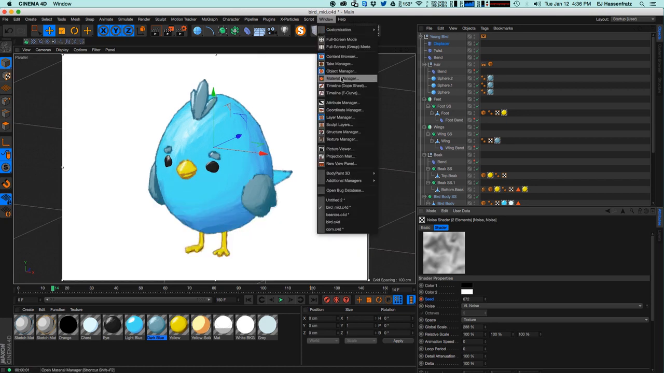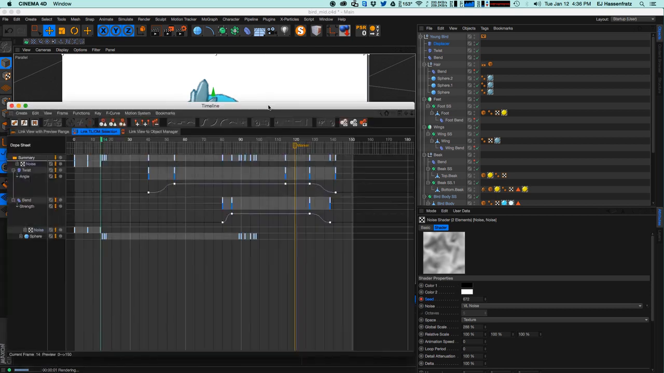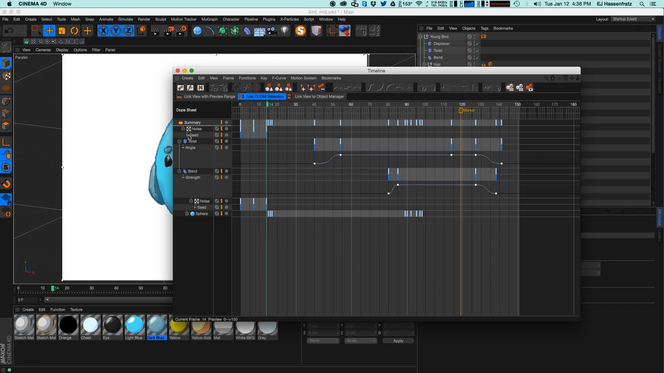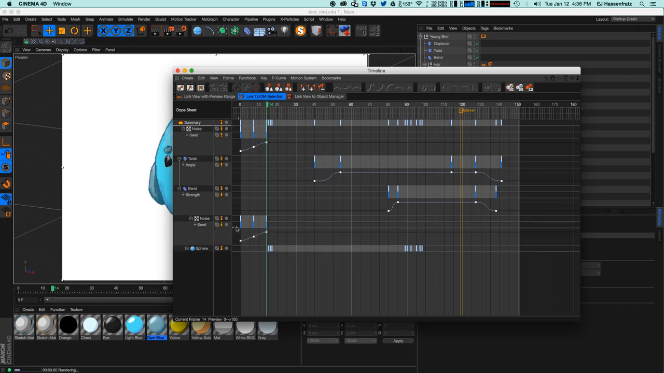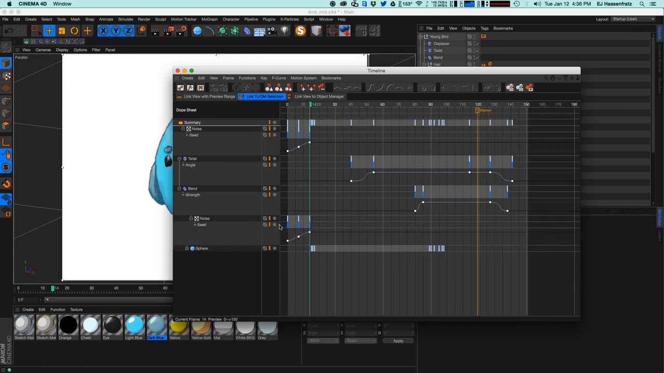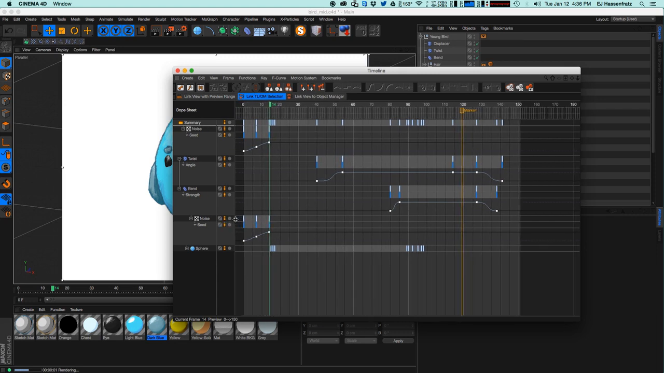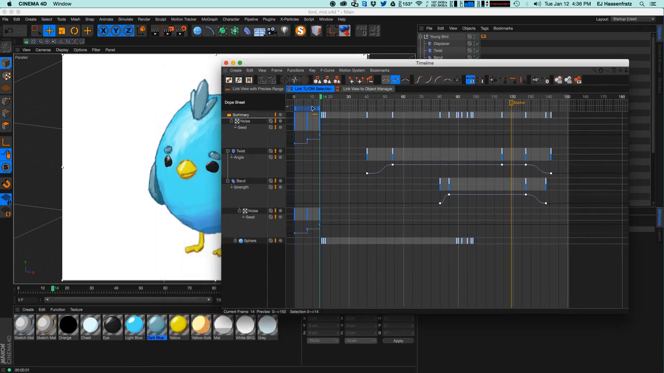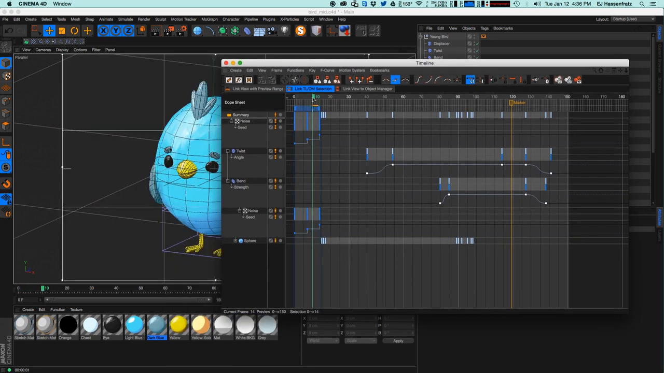Now what we can do is go into our timeline. Here's our timeline, and you can see we have our noises. And right now the interpolation is set to the curvy interpolation, the spline interpolation, by default. What we want to do is a stepped interpolation. So it's just going to kind of clip from